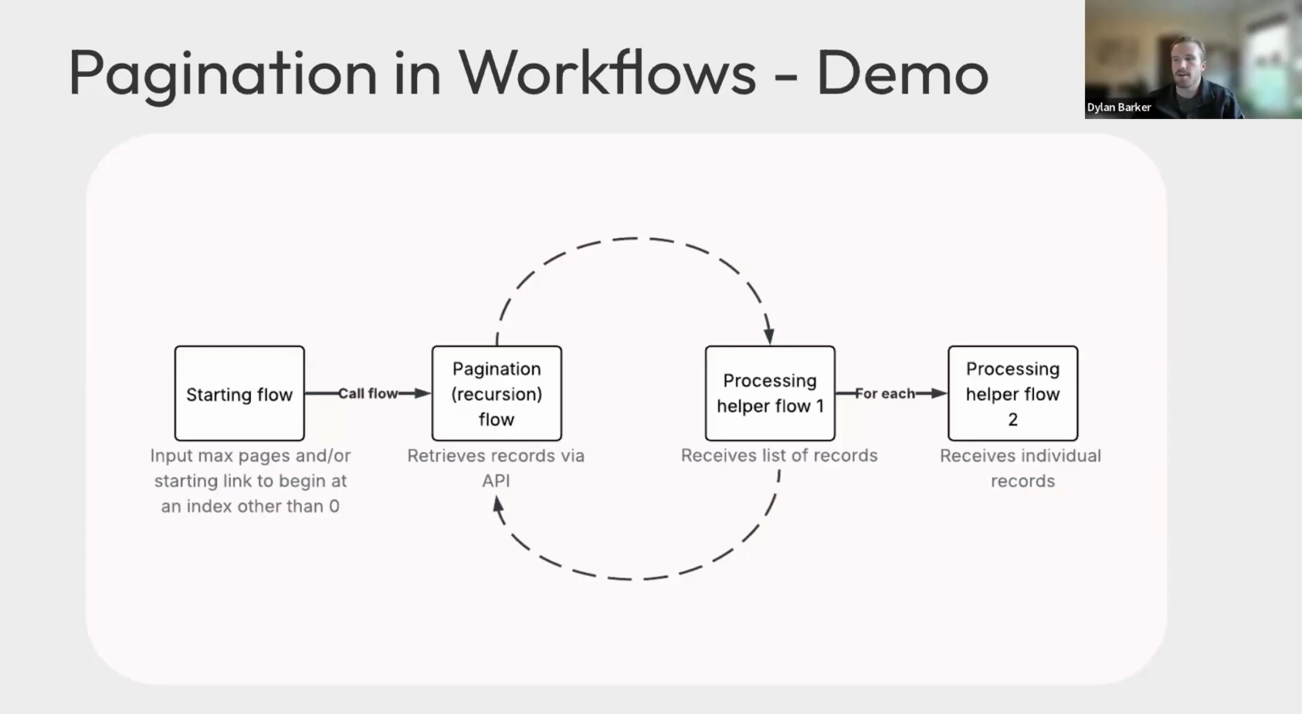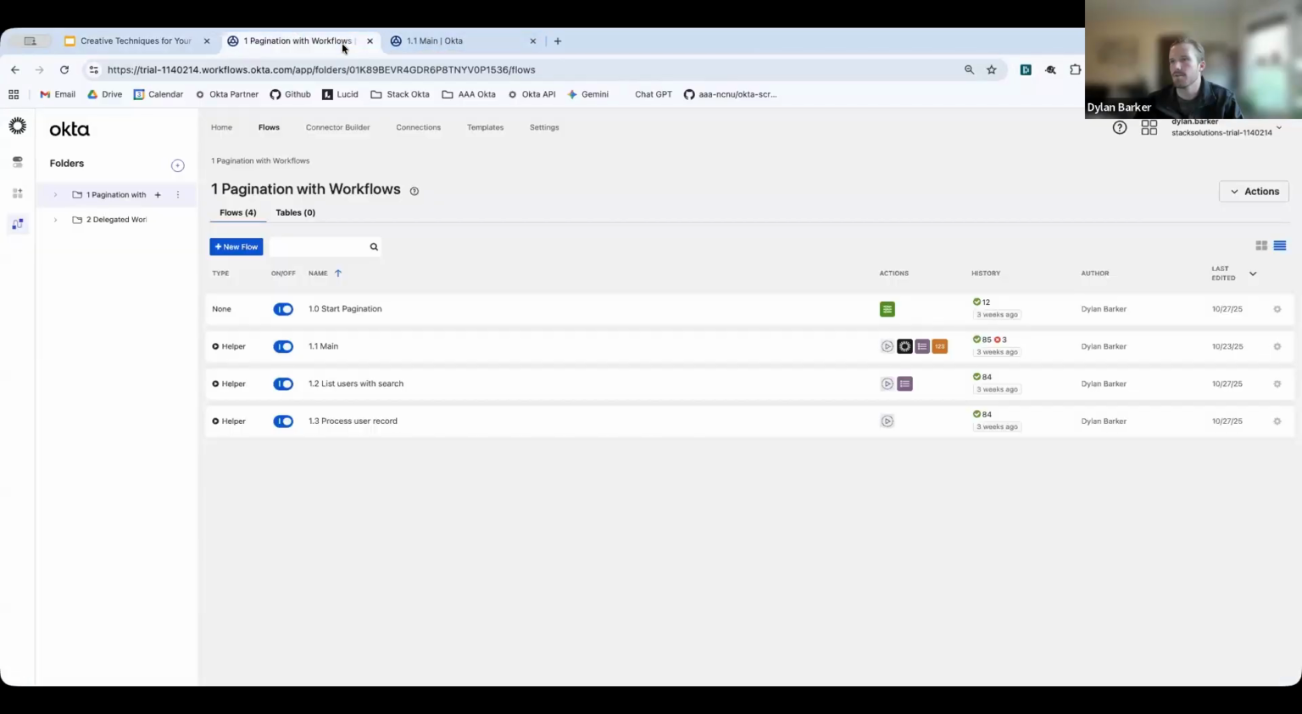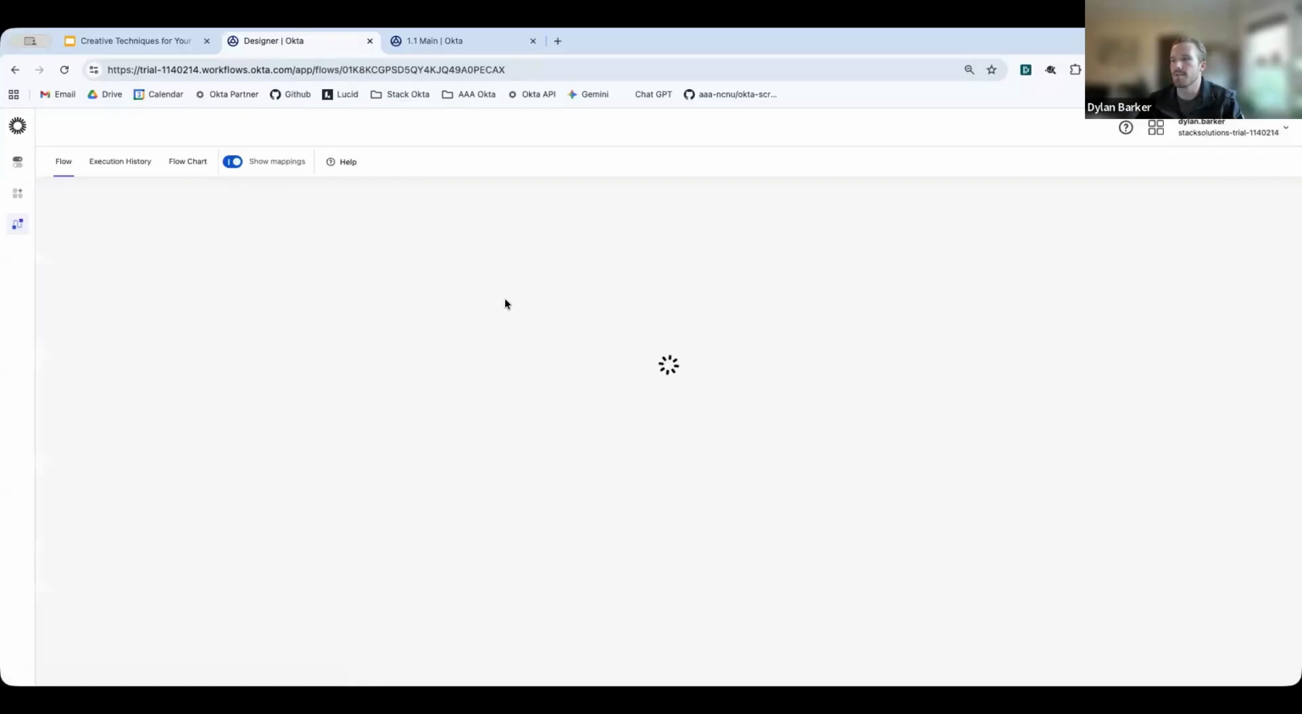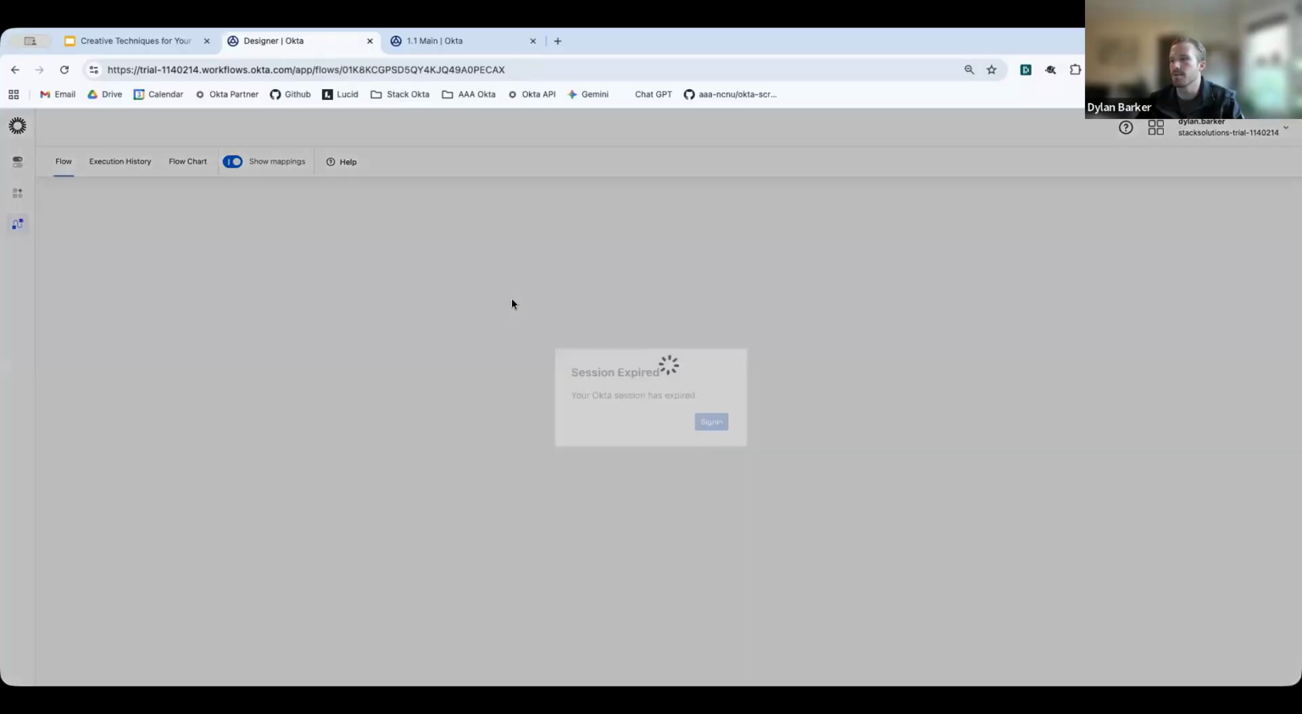So this starting flow then calls the pagination flow and begins the looping, where you're retrieving records and passing them to a helper flow or multiple helper flows, as I have in this demo. So I'll jump over to the console here, and I'm going to fly through this pretty quickly, but these flow files will be posted, so if you guys want to download them, I've made a lot of notes within the workflows so that you can,